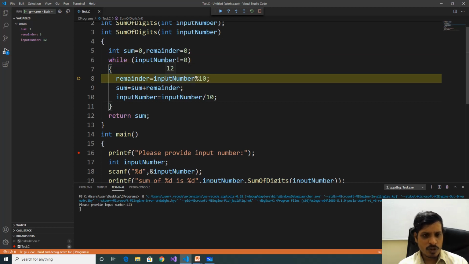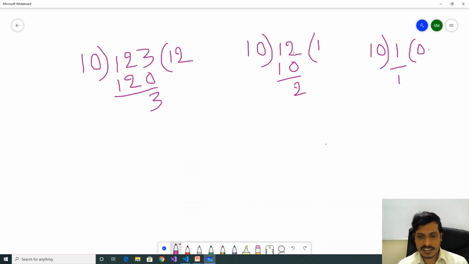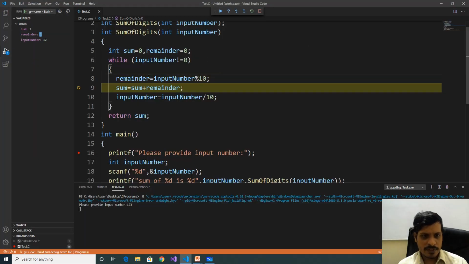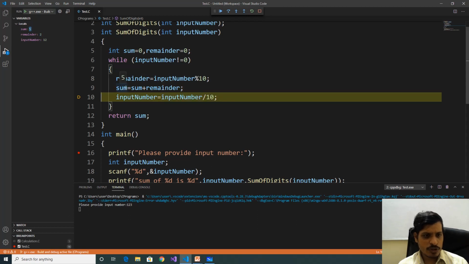Then input number is equal to 12. 12 modulus 10. In this step, 12 modulus 10 will get remainder as 2 and quotient as 1. F11, here remainder is equal to 2. Previously sum is equal to 3. Now remainder is equal to 2. 3 plus 2, 5. That value is stored to sum. Here sum is equal to 5.